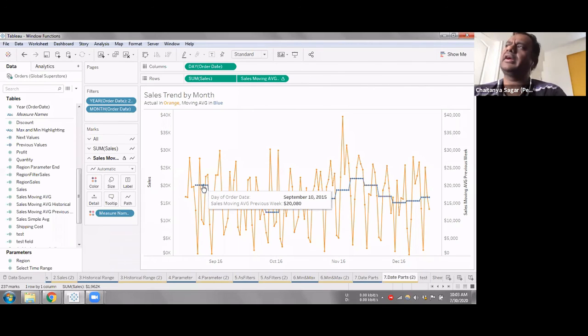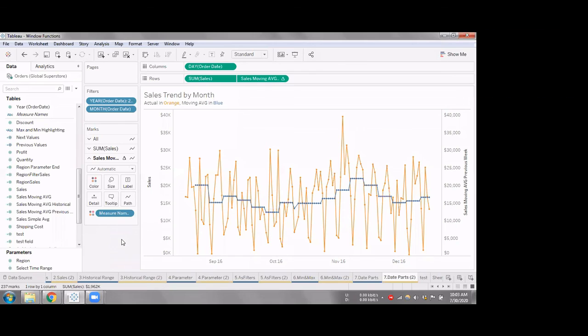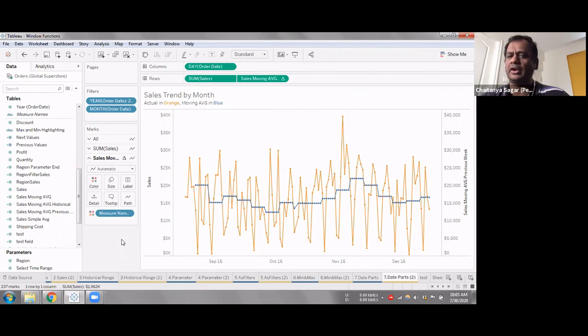But see, I think I understood the logic of how you arrived at this one. Got it. So let's say if you can do something like this, I'm just giving you the logic and see if that works, right? So we can say, do an average of the sum of sales, where the week number equals the week of the current day.